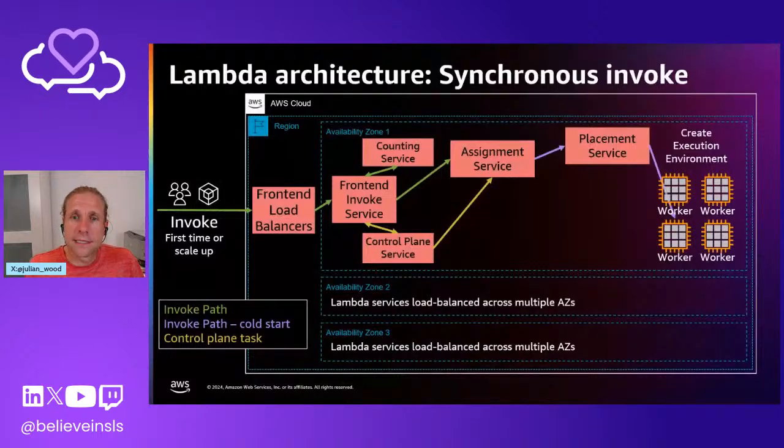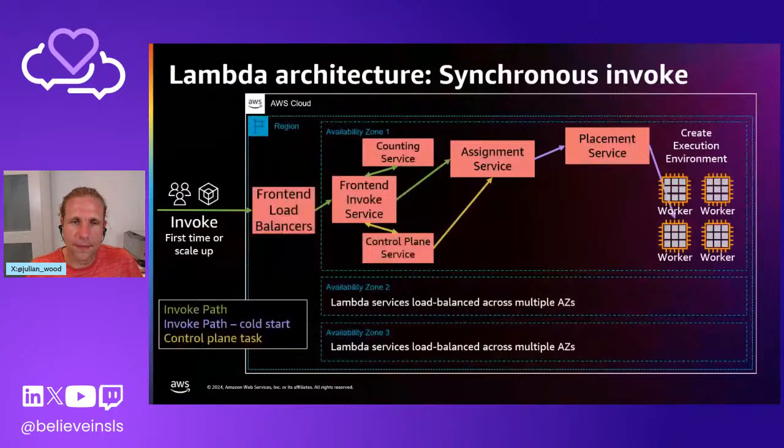Now, placement actually uses some machine learning models to work out where best to place an execution environment. And it's going to take into its logic things like packing density for better fleet utilization, and also maintaining good performance and minimizing that cold path latency. It's obviously going to need to monitor the worker health and make sure it knows when a worker is unhealthy. And then we also need to make sure this runs as fast as possible to reduce latency for any cold